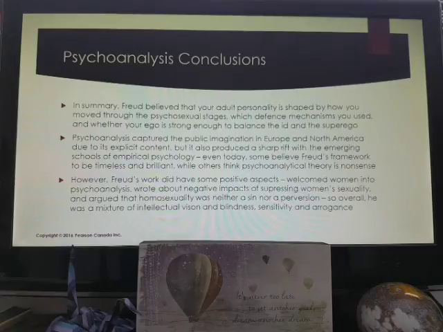He was sensitive at times, like when he wanted to talk about women's sexuality and about homosexuality being nothing to make fun of and discourage. But then at the same time, he was arrogant in that he would not look for things that went against his views. So a little bit of genius, a little bit of insanity, essentially, like we've talked about before when we've mentioned Freud in class.